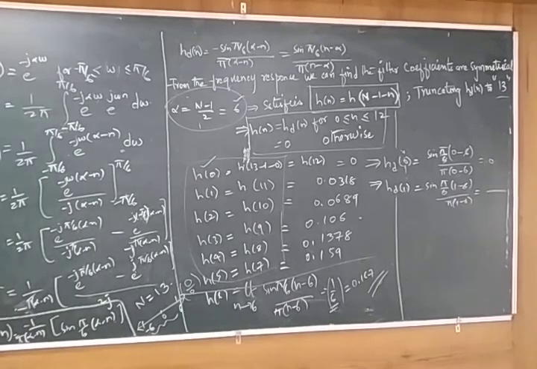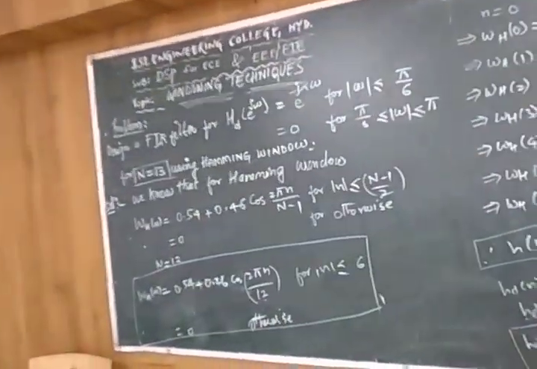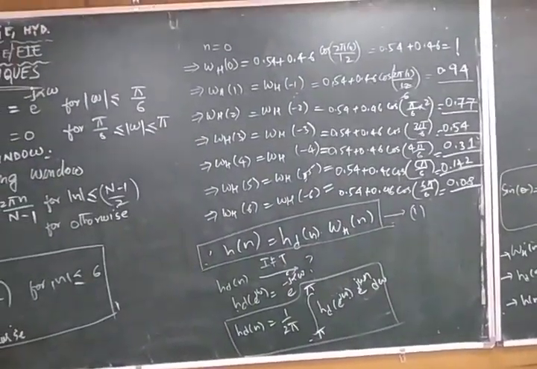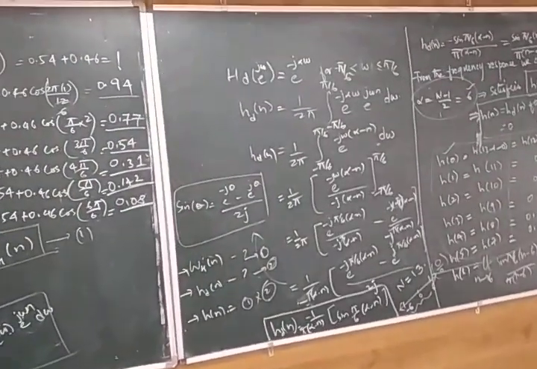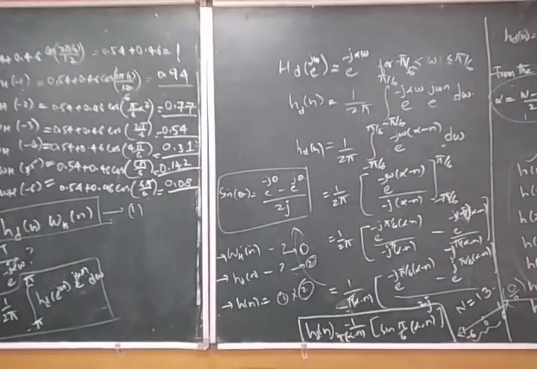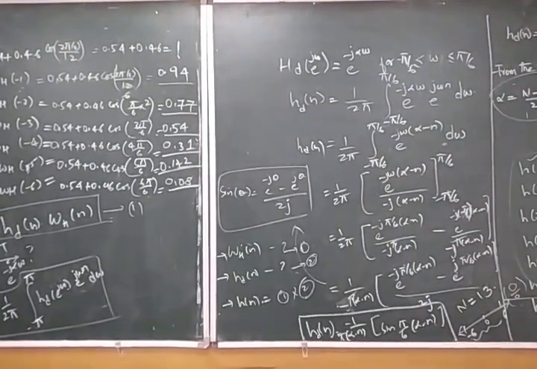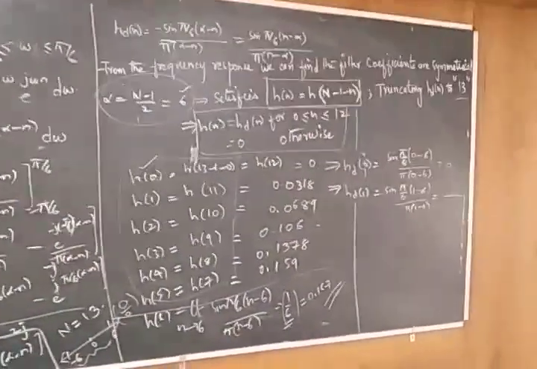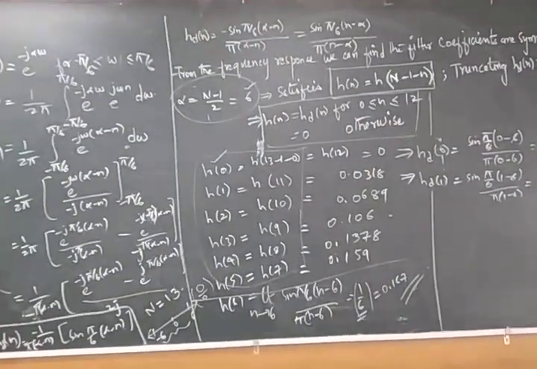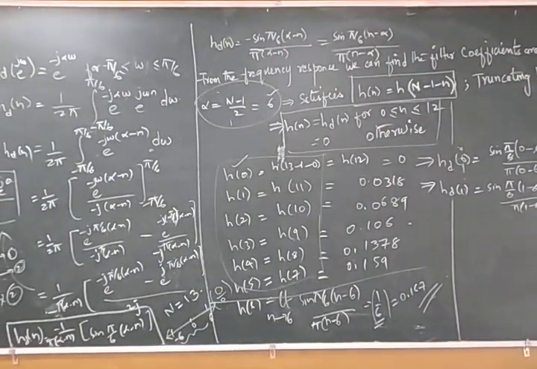So, this is the second part. First, what did we do, students? We found the first part. We have taken wh of n. After getting wh of n, we found the coefficients for it. After getting the coefficients, we substituted in hd of n by applying the inverse Fourier transform. After getting the inverse Fourier transform, we substituted all those coefficients and found the coefficient values. After getting all the coefficients, now we are directly finding the FIR filter exact coefficients.